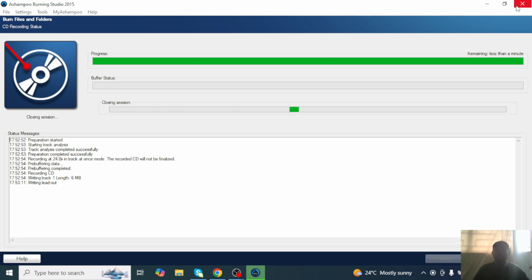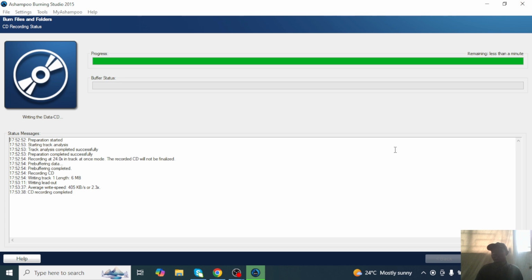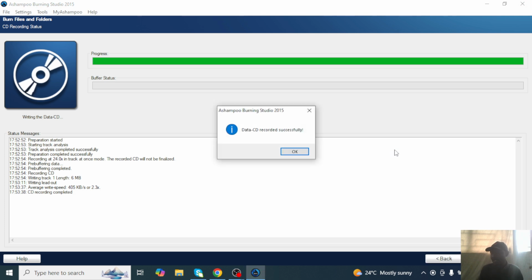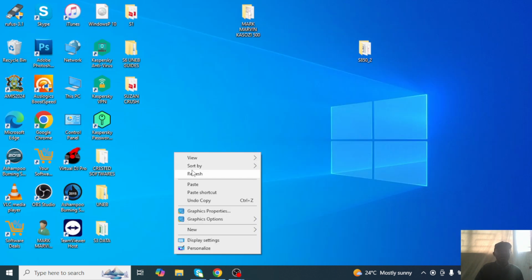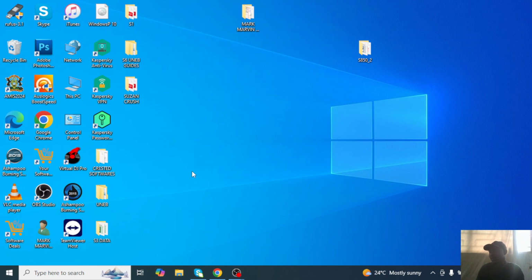It is the CD you're going to hand in as a soft copy. You do not have to interrupt the closing of the program by closing it. You leave the CD to come out on its own, and indeed my CD is out on its own, and the message is "data minus CD recorded successfully." Now I don't need Ashampoo anymore because I've written on my CD. I can close Ashampoo, and then to confirm whether my CD has my work, I can